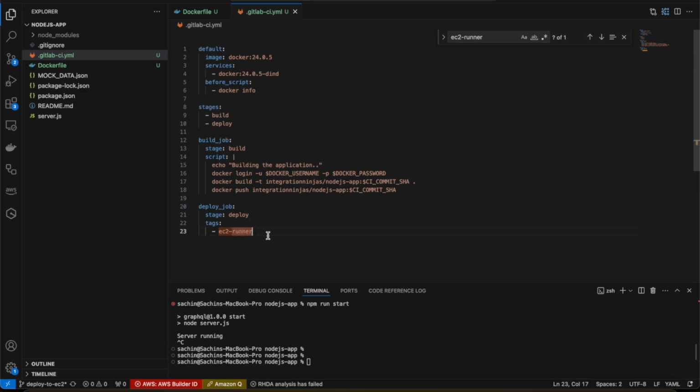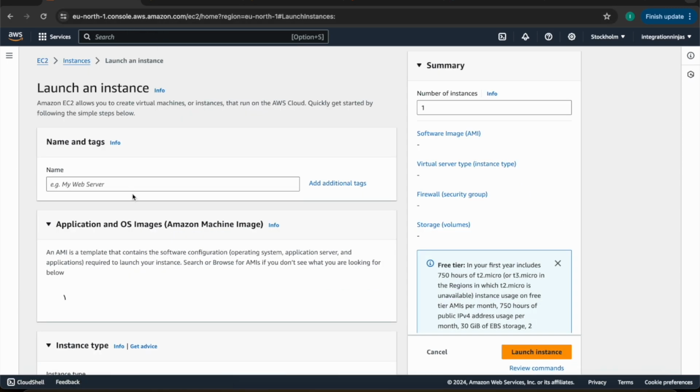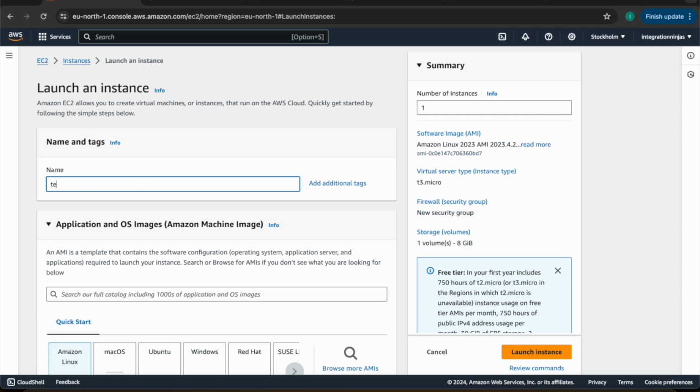And then we are going to use the deploy job. Now we need to configure an EC2 runner. So we go to the EC2 dashboard here and click on launch instance. Then let's create a runner, name it Node.js